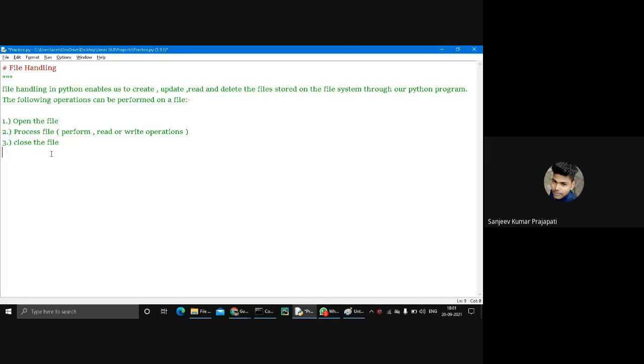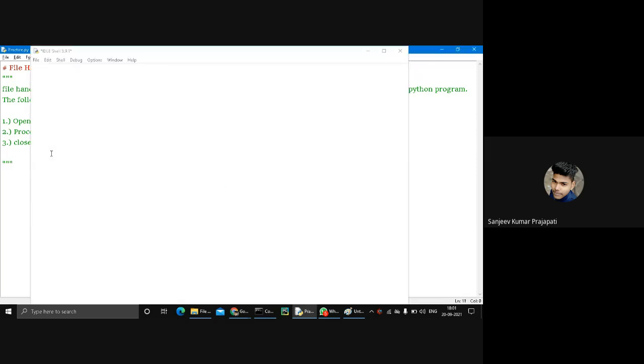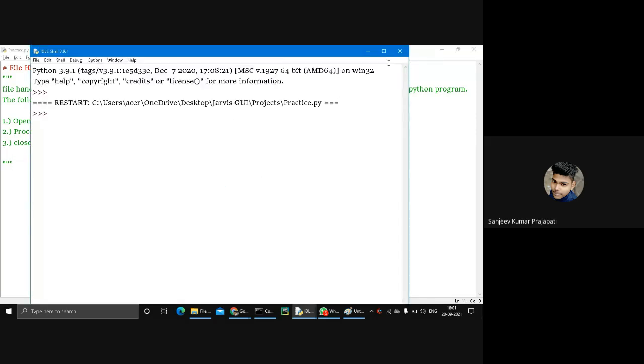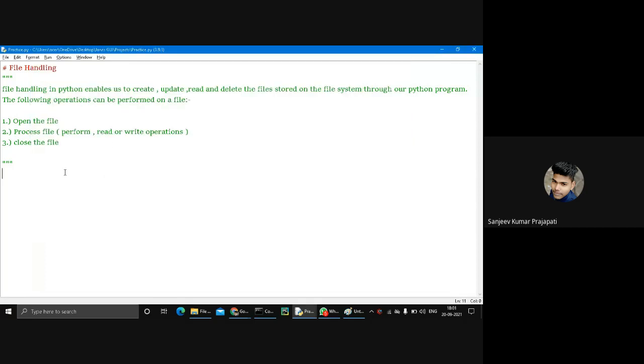So the first operation is open. I want to create a file equal to open. Open is a function which is used to create a file and open a file.